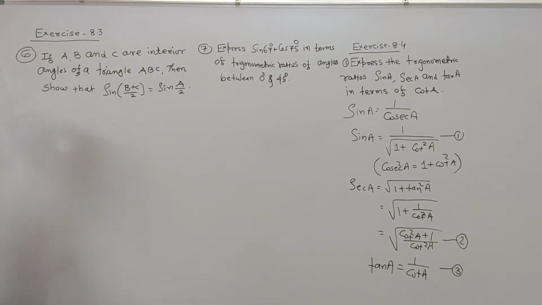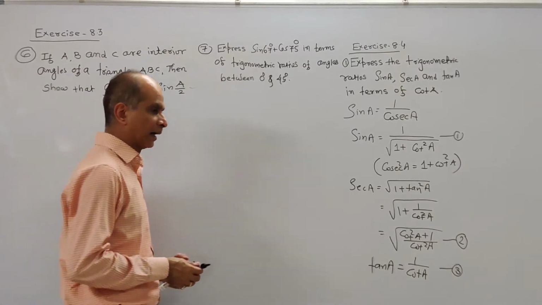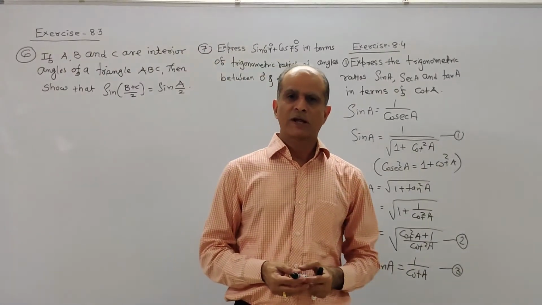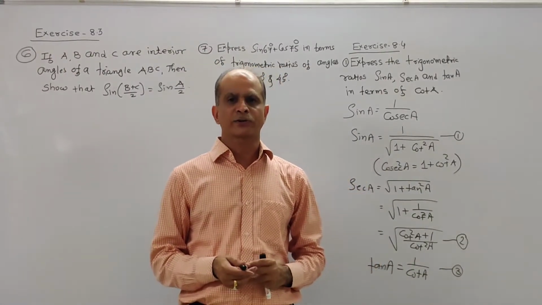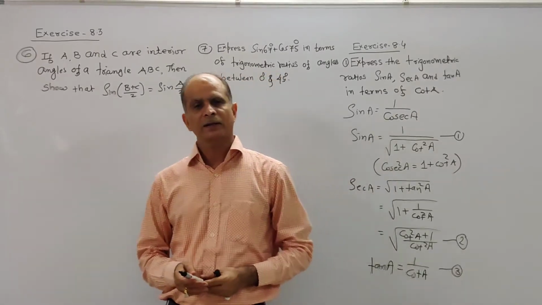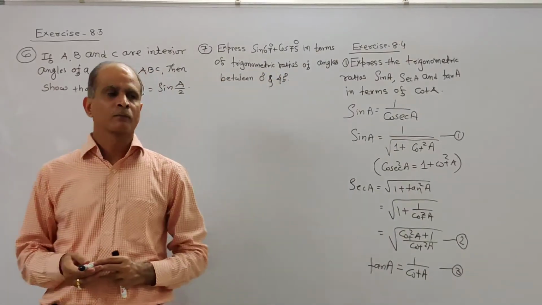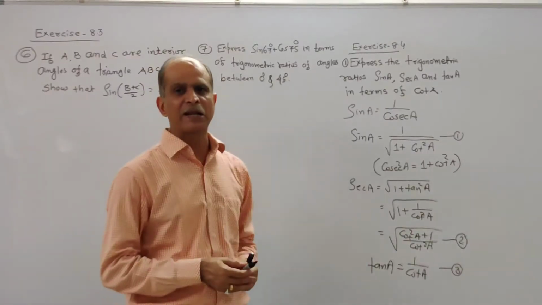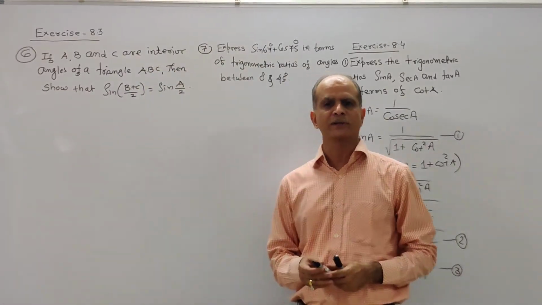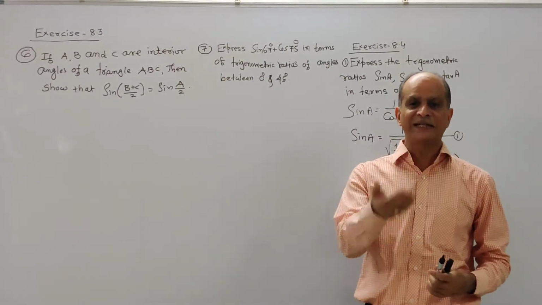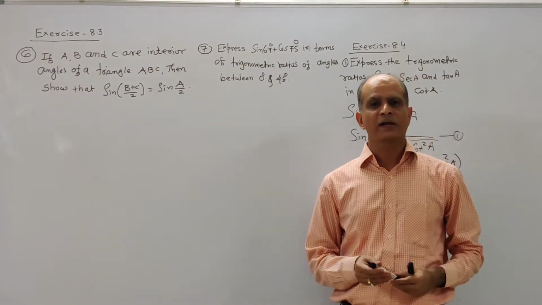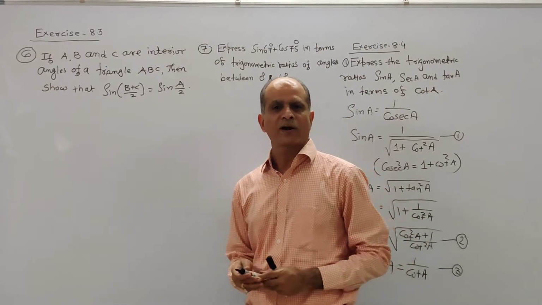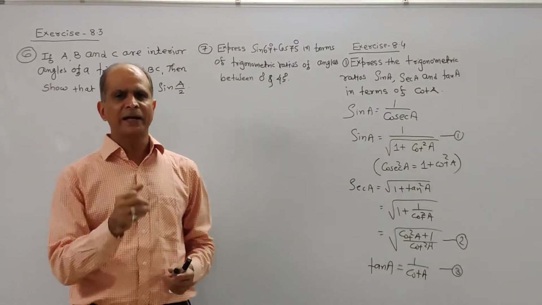The first exercise is on the basis of the first formula, that is the value of the different trigonometric ratios. Similarly, the second exercise is on the basis of the second last formula, that is the value of the different trigonometric functions for different values of theta, that is 0 degree, 30 degree, 45 degree, 60 degree and 90 degree.